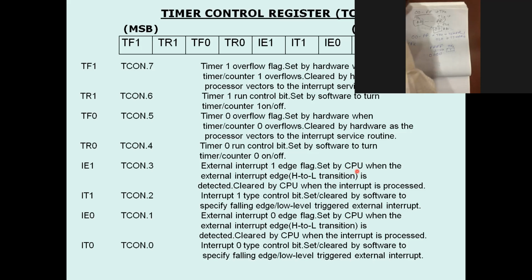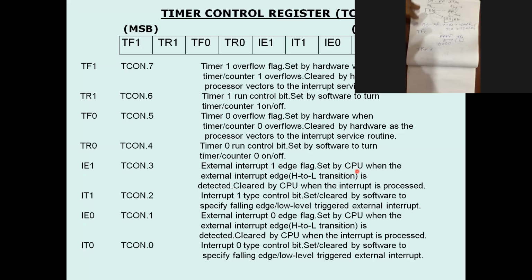Next is TRX, the timer X run control bit.